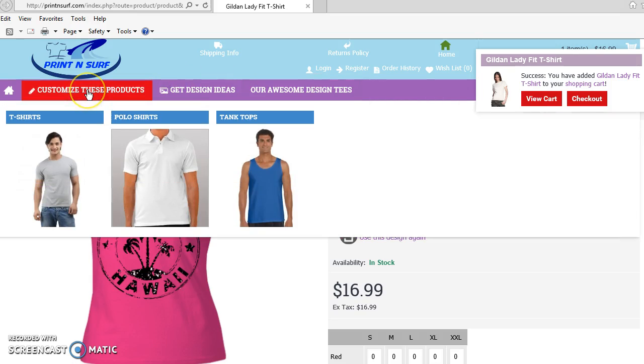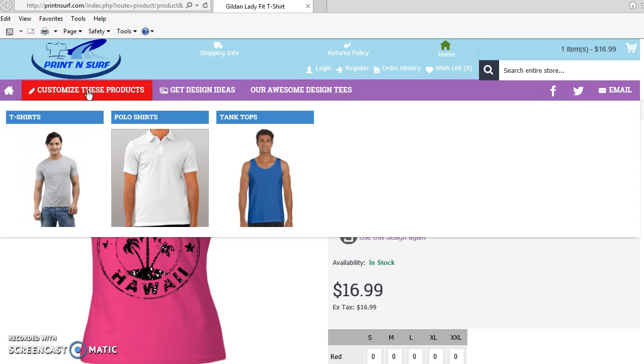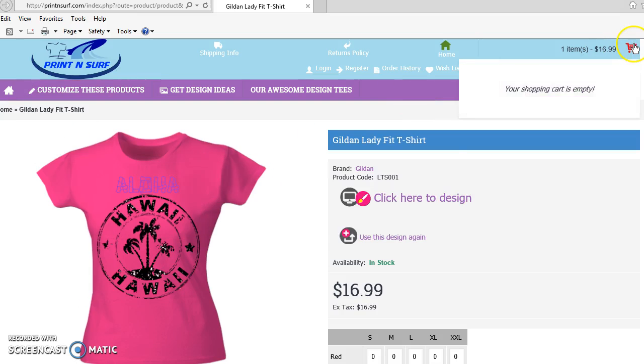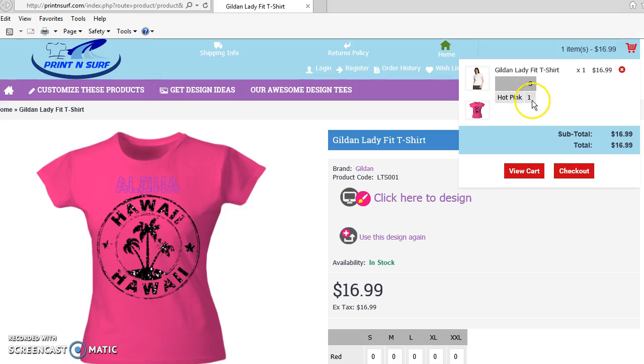If you want to continue designing, you can go right back to customize these products and select anything else that you want to continue with. Or you can go right to your cart and you'll see that you have one hot pink small size ladies shirt with your own